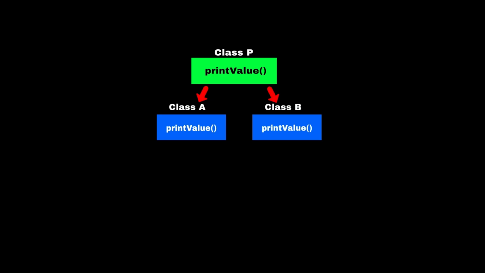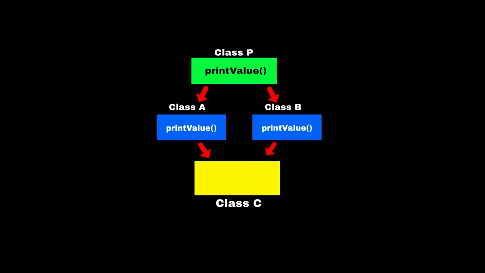Now suppose if multiple inheritance are allowed in Java and we are inheriting child class C from these two parent classes, then in the child class we will have two methods with the same name print value. One of them is from parent class A and another is from parent class B. So when we call print value method, then Java compiler will get confused about which method should it call. Should it call the print value method of parent class A or should it call the print value method of